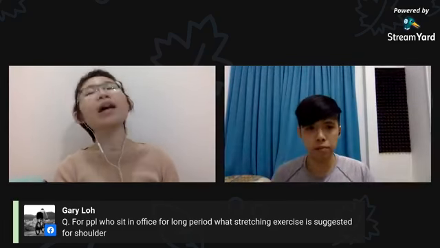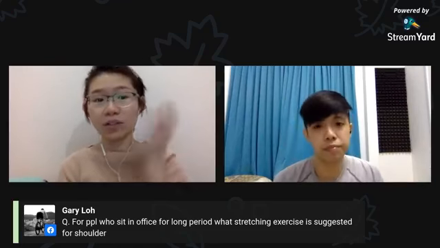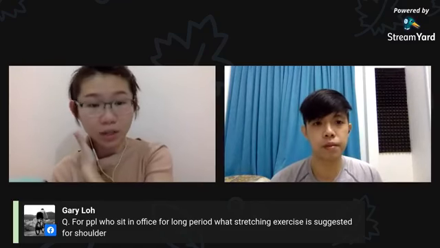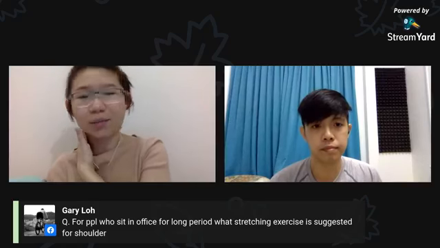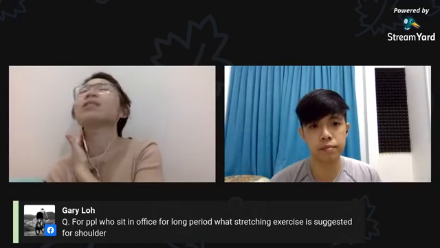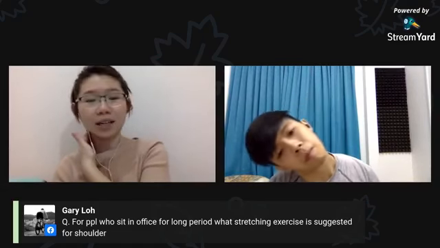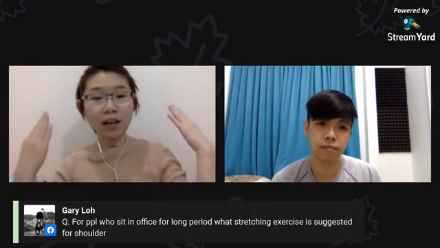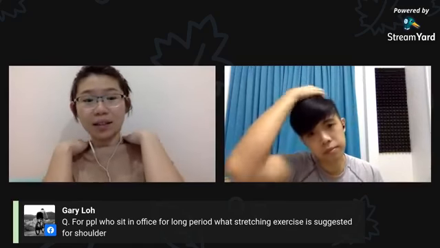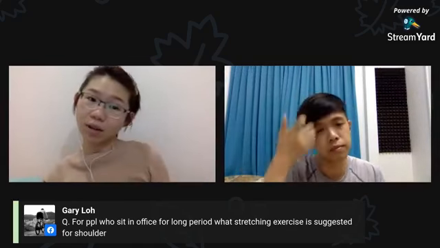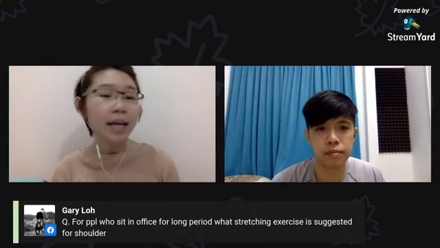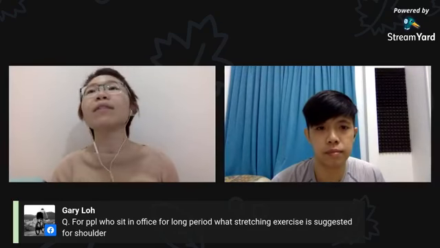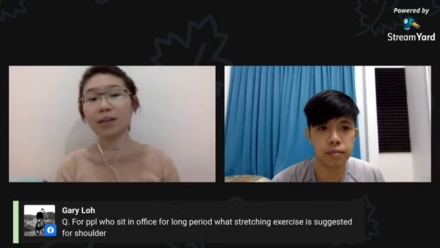Yeah, because once in a while, if you want to rotate your neck, when you rotate your neck, you change the position of the neck, which is good to relieve pressure, but it is not specific to do stretching. Because you don't stretch much when you do the rotation like this. But if you have specific tightness at the side, then you've got to do specific stretches. So if you just want to move your neck, it's okay as long as you don't do it very fast. Otherwise you'll pull your neck.